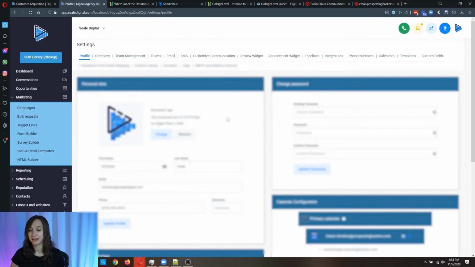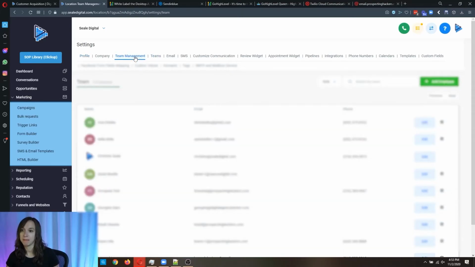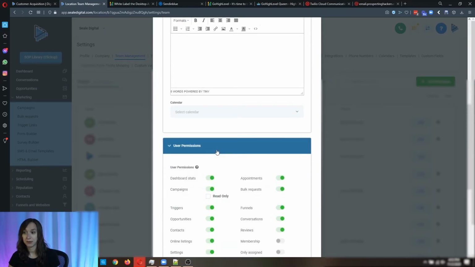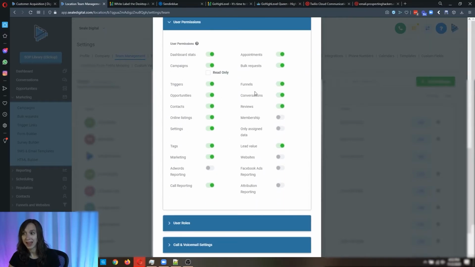Okay. So settings. Now there's a new calendar. It's just like Calendly, only better because you don't have to pay extra for it. So go into settings and you're going to go into team management and you're going to add everyone on your team that needs to be involved in this calendar. So if you have a sales guy or an appointment setter, you're going to want to add them in here first. Okay. So you can add them in here. You can give them different permissions. You can take things away.